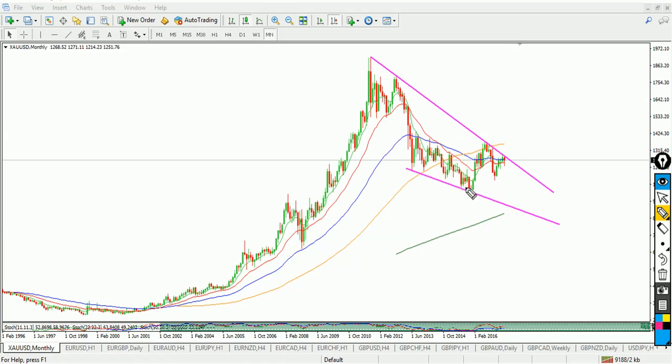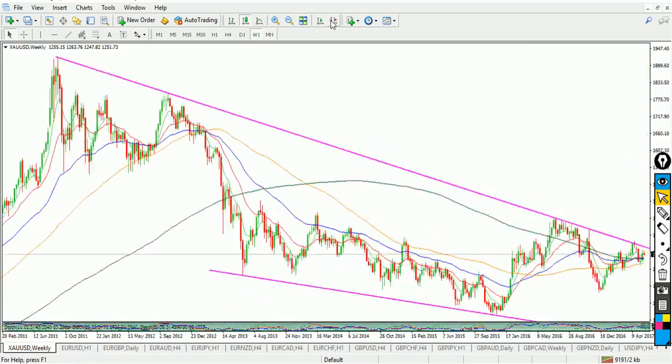So we've seen that it has completed 2 waves. We're waiting for the 3rd wave to complete to the downside. Let's just move down a time frame. If I go to the weekly,